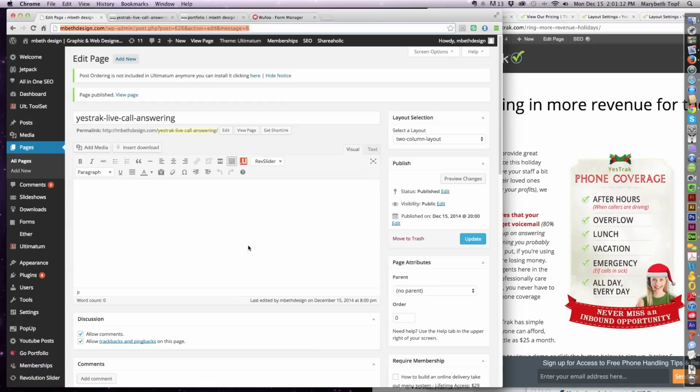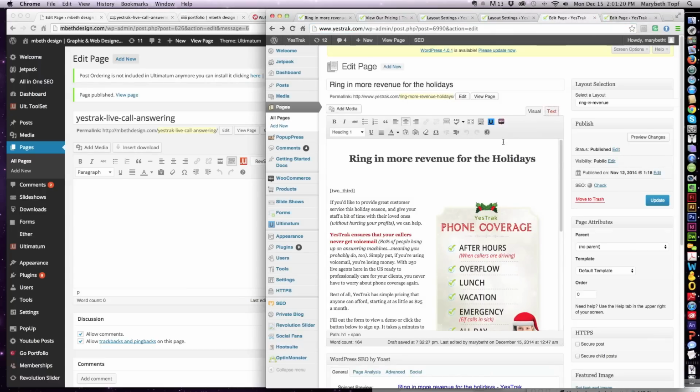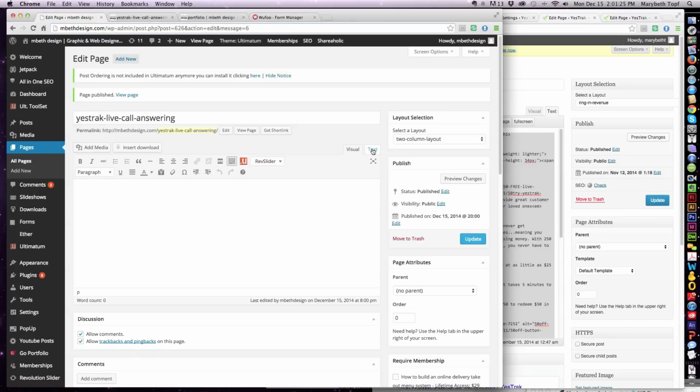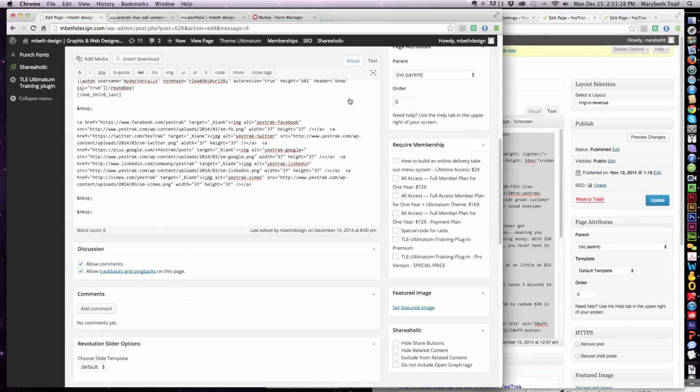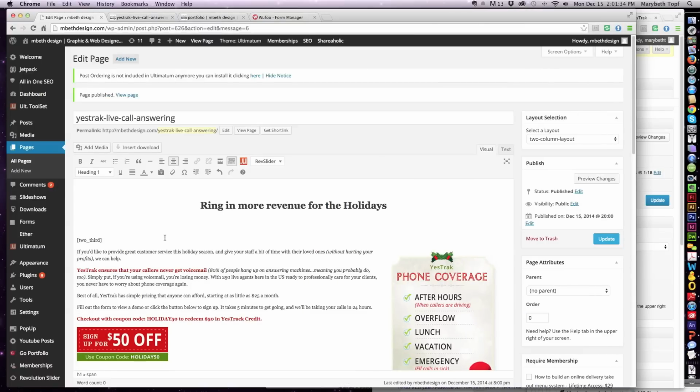So what we're going to do, instead of me writing all this copy, I'm just going to go over here to my page layout. I'm actually going to copy the text, and I'm going to drop it in there. Okay, and the way that I did that, if I was to hit update right now, okay, so it's hitting update. Now, if I hit refresh,